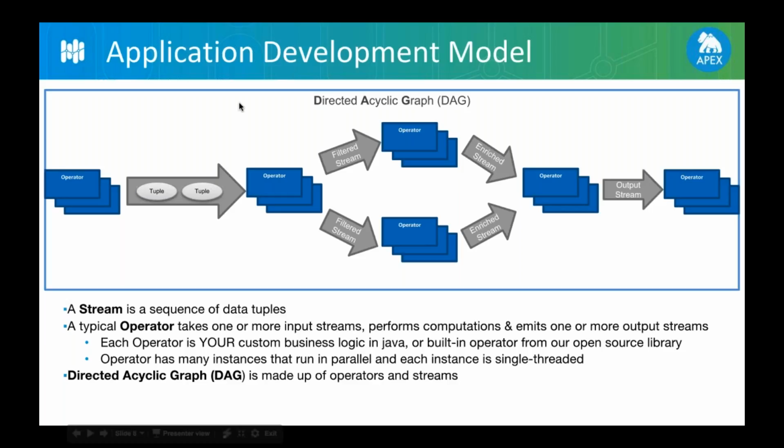If you actually see, we have this operator over here. Probably this operator might be reading data from different sources. Let's assume Kafka. So this operator is reading data from Kafka. After reading, it sends data to this operator via stream. So this is the stream, and the tuples are flowing by this stream to this operator. And this operator might be doing some filtering operation, and probably sending this data to two different operators based